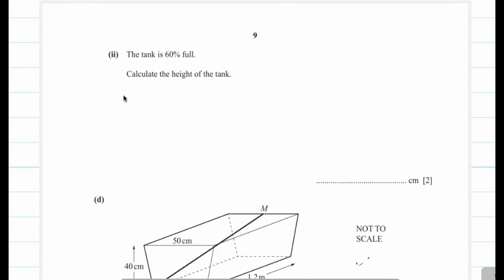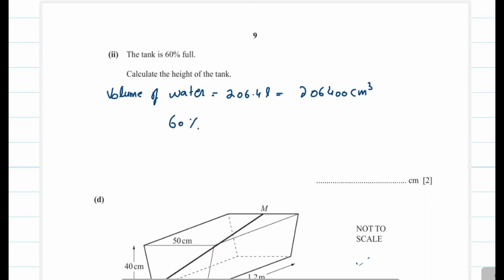Now the tank is 60% full. Therefore, the volume of water is equal to 206.4 liters, and in cubic centimeters, 206,400 cubic centimeters, and that value is 60% of the total volume of the cylinder. You can say the volume of the tank. 60% of the volume of the tank is equal to